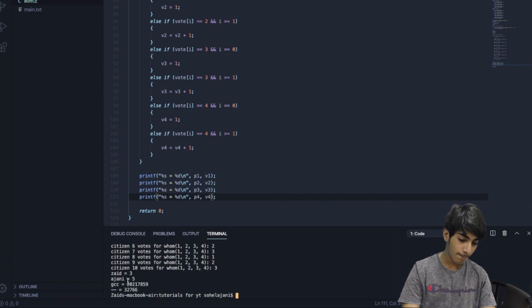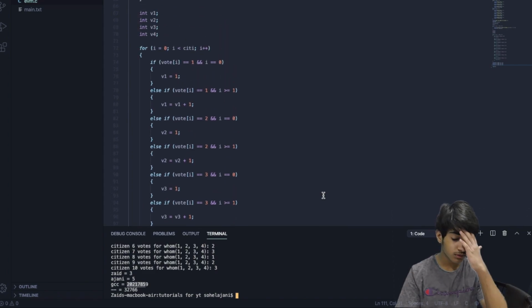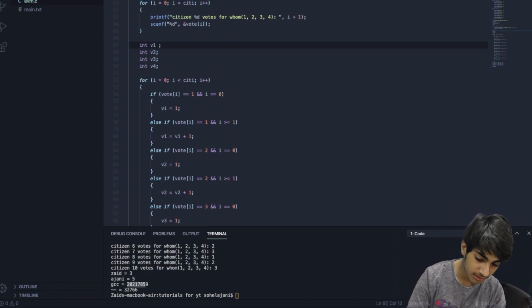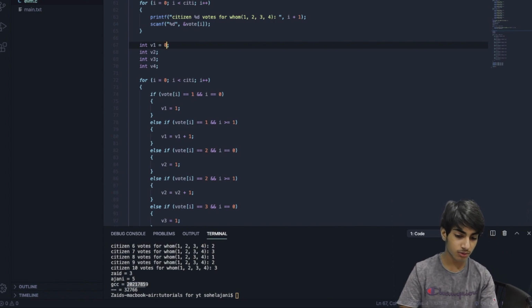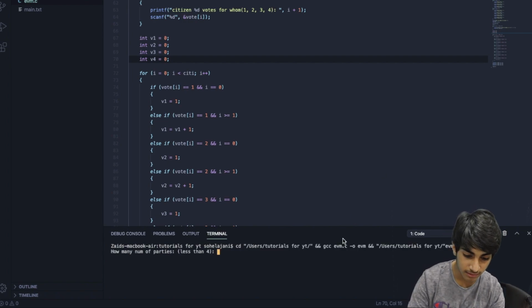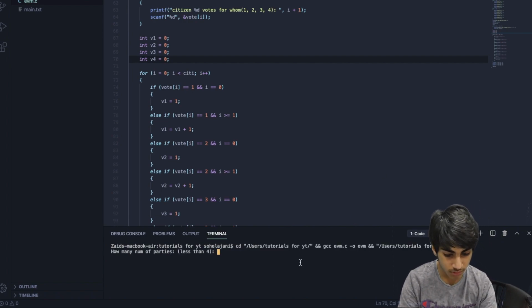And if we sum up, oh, it's not perfect. It is hitting GCC 22,100 and something. So in order to solve this problem, I'll declare each default value as 0. Now it would run all fine. See, so less than 4,